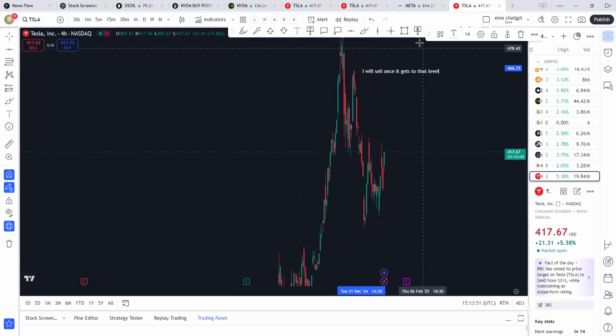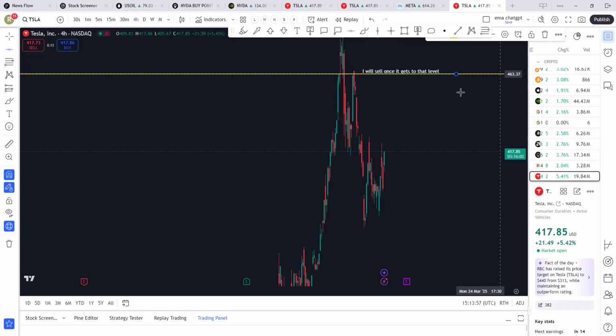And you can always add a line if you want to, so you can put the price. So you see, when the stock is moving, for instance, I put my brush. If this price moves there, I will sell it. So I teach you all of those in this class.